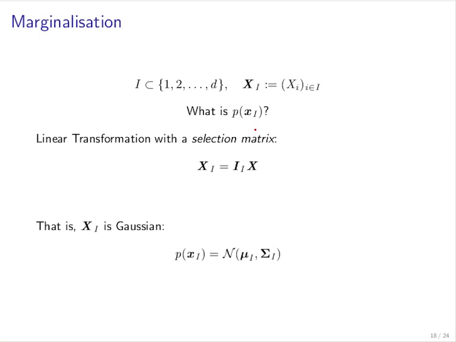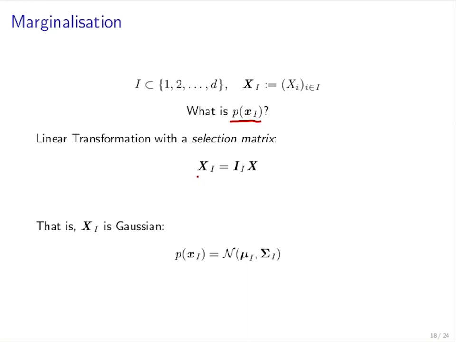Today we continue with two typical operations from probability theory. The one is marginalization. What does that mean? Assume we have a random variable x that is a Gaussian, and what we want to know is the density of some of its variables only. We know that it's a d-dimensional random variable, and we only select a couple of those dimensions, indicated by this set I of indices. And now we would like to know what is p of x_I, and it turns out that this can be written as